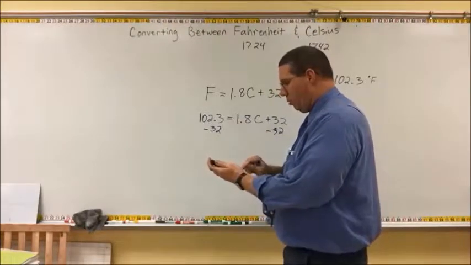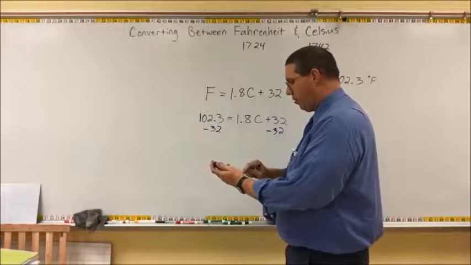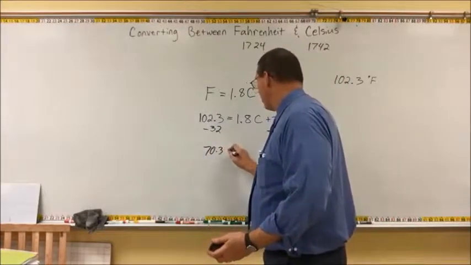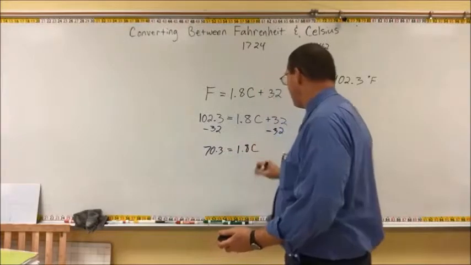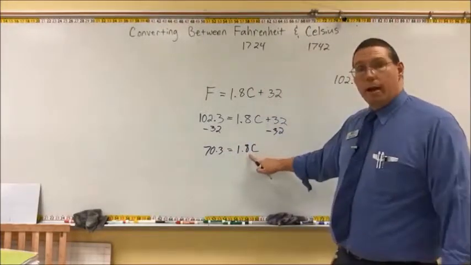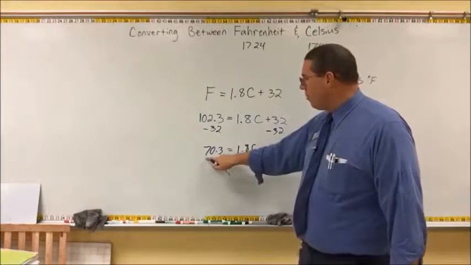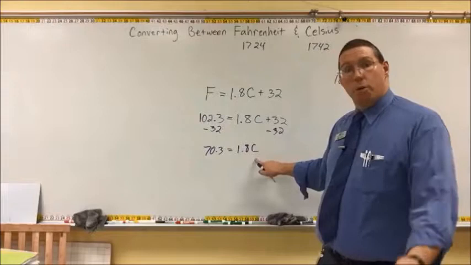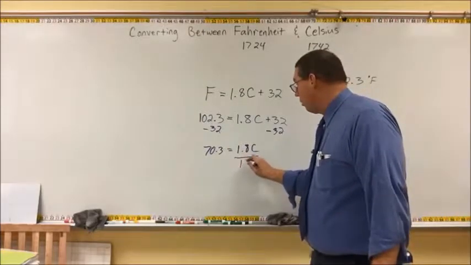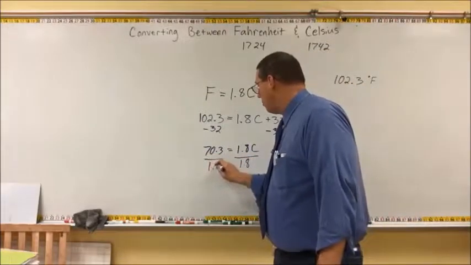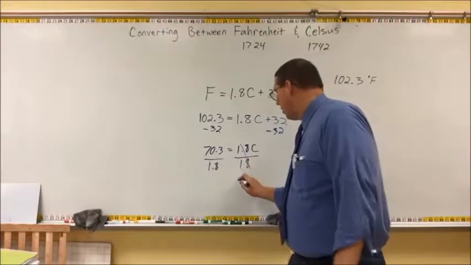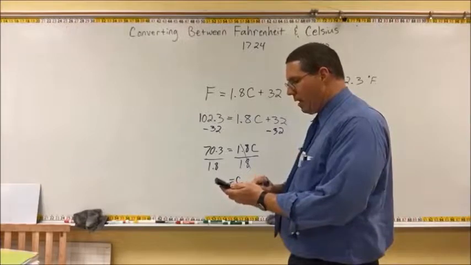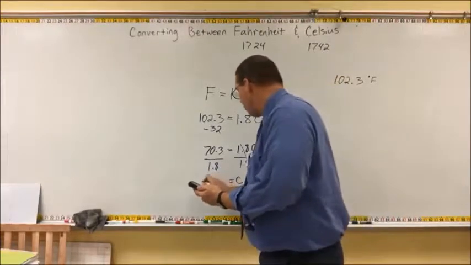I've got 102.3 minus 32 gives me 70.3. So I got 70.3 is equal to 1.8 C. And now, you know how to do this. Pretend the C is an X. What if you were in math class and you had 70.3 equals 1.8X? Well, to solve for X, you would divide by 1.8. So divide by 1.8. That's going to cancel here, and your Celsius measure, 70.3 divided by 1.8, is going to be